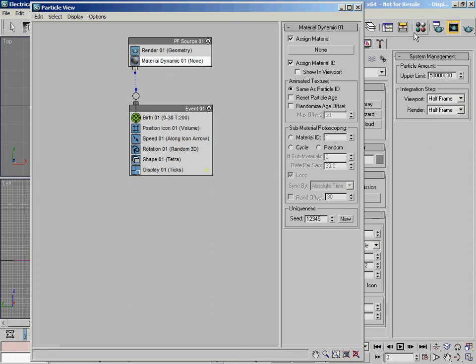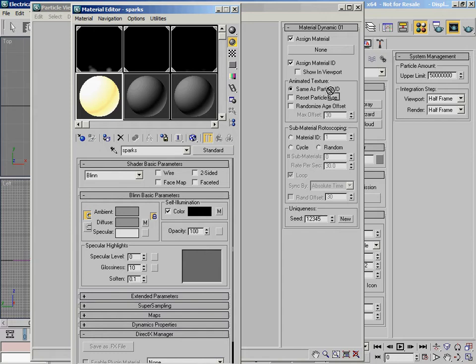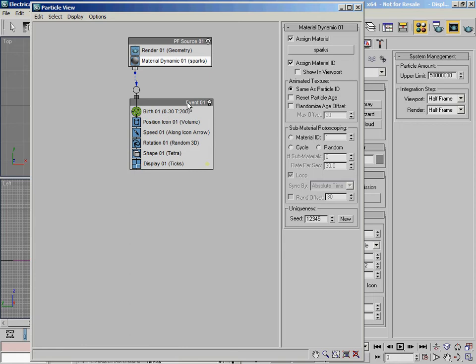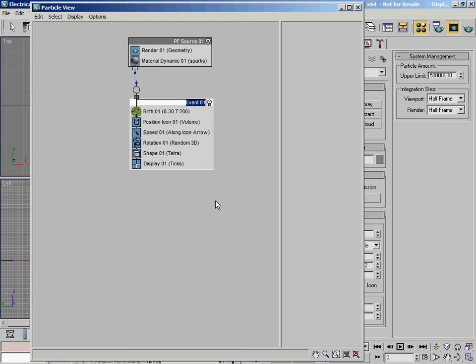And then I'm going to open up the material editor again and just drag in this sparks material into this material dynamic operator. Okay, so the next thing we need to do is set up this event 01. Let's actually rename that. Let's just call that Sparks, capitals on,